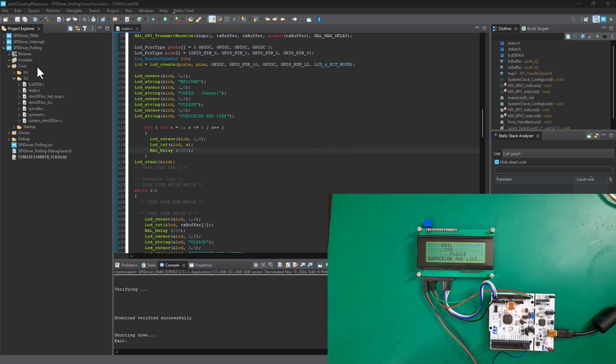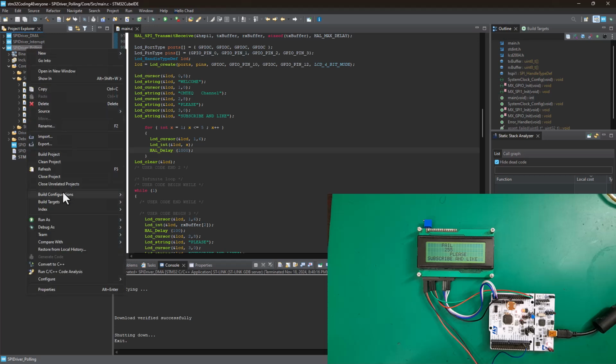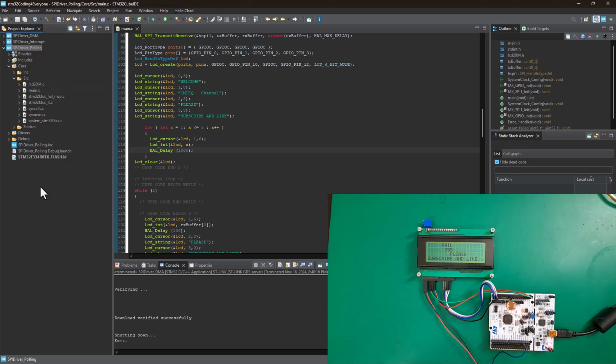Now, without any further ado, I'm going to go ahead and make a copy of this previous tutorial, and we're going to build our USART driver from the settings on this tutorial, because I already have the LCD driver on